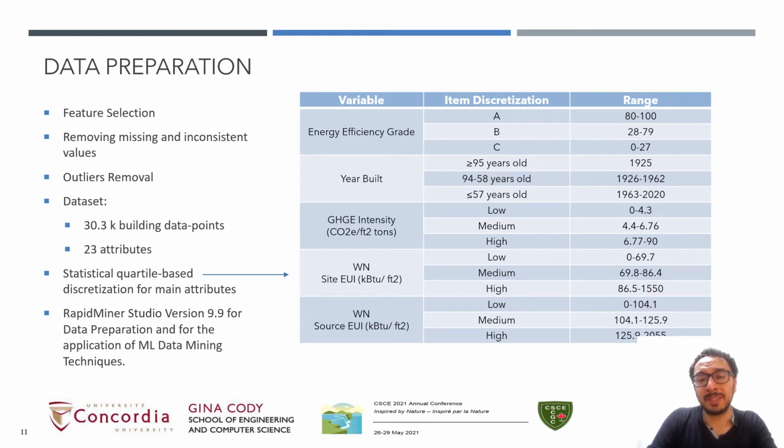And the three main dependent variables include energy efficiency grade, greenhouse gas emission intensity, and weather normalized site EUI. One important step in our methodology was the discretization of the main target attributes based on a statistical quartile base, as shown in the table on the right, and we use RapidMiner Studio to develop our models and to apply